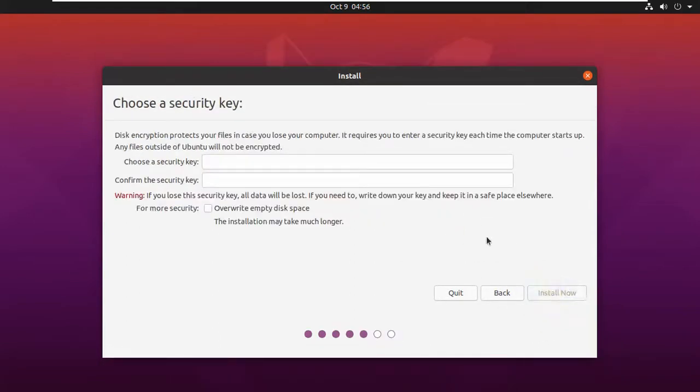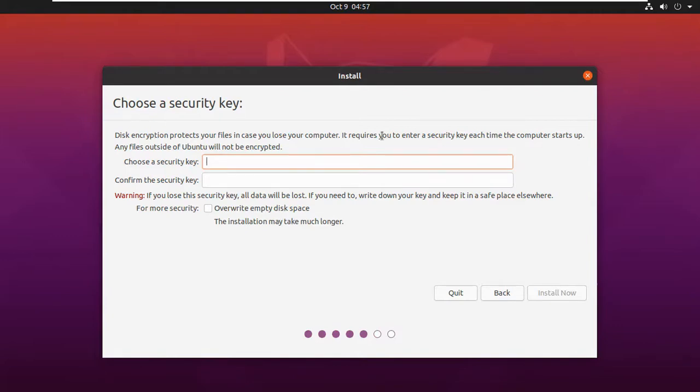So here it is asking me for a key. So guys, this will encrypt. Now let's see. Disk encryption protects your files in case you lose your computer. If you are using any computer, desktop or laptop, and someone has stolen it, in that time this key will be helpful.